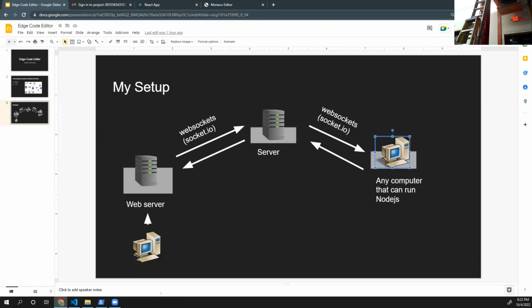A namespace key defines your space where your devices are going to be connecting to. And each device, when you run the script that's going to expose your device to the server, that script generates an ID that identifies that specific device. And that device should also have a user key that says, hey, this device belongs to you.